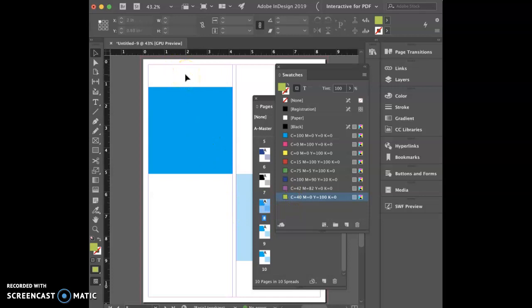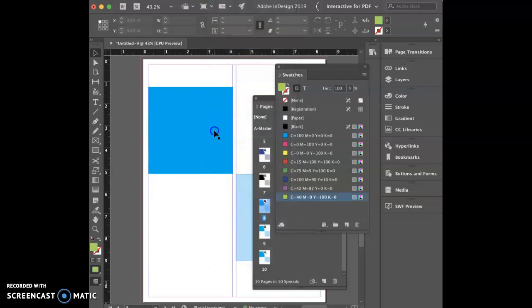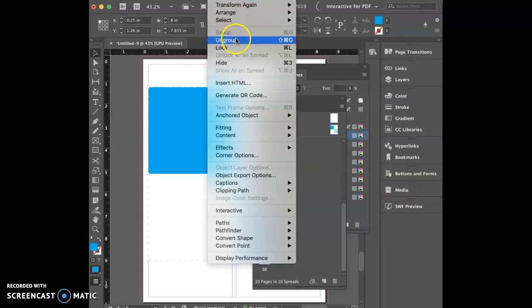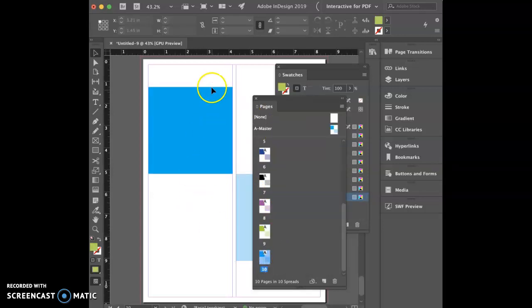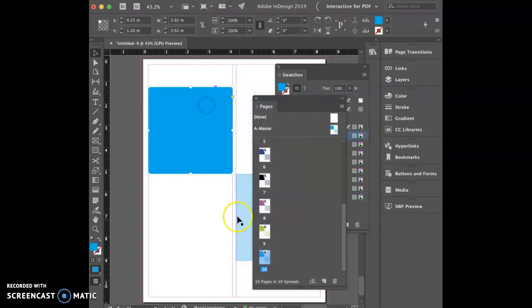Control or Command-Shift-Click, Object Ungroup, select, select. Okay, and then I guess we need one more. Control-Shift-Click, Object Ungroup, select, green, select, green. We're on page 10 finally. Control or Command-Shift-Click to release, Object Ungroup, select,